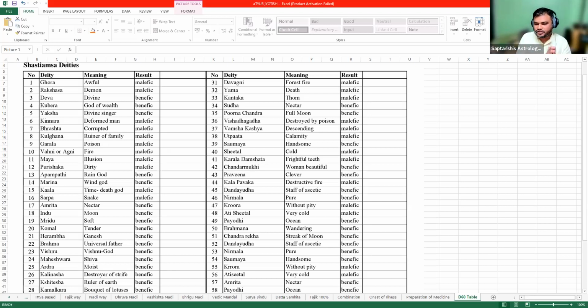Sometimes in D1, the planet is not afflicted, but it is falling in Krura Amsha. Then in that case, that planet may not be a direct influencer of your health issue, but indirectly it will create trouble. It means you need to just focus on the Lagna, 6th, 8th, and 12th house and the planets associated with these houses and identify the Krura Amsha.